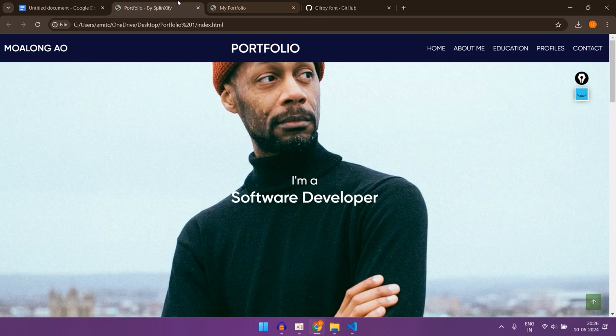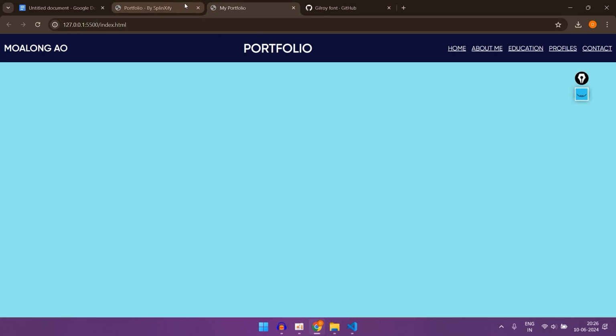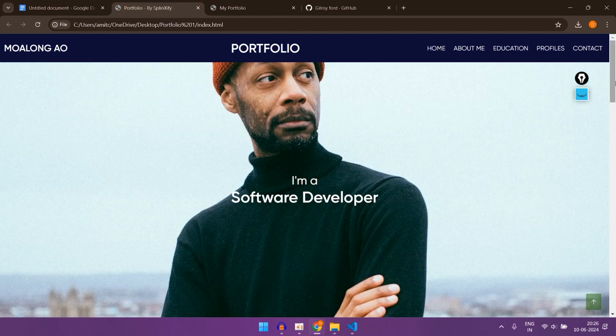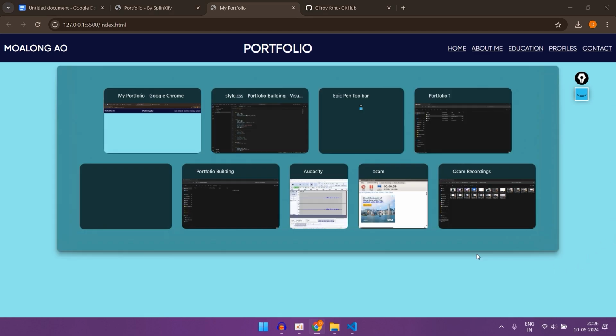Okay, I think it's the same. Right now it's moved a little bit because here we have this scroll bar, and here we don't have the scroll bar. That's why it's not taking space. Okay. Anyways,